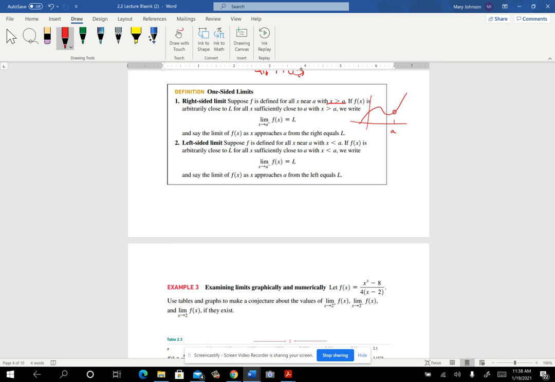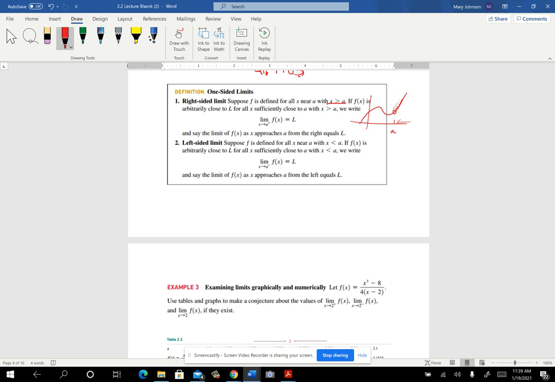So if f is defined for all x's near a when you're coming from the right side, and then f of x gets as close to L as we want when our x's get close to a from the right, then that L that we get is called the limit of the function as x approaches a